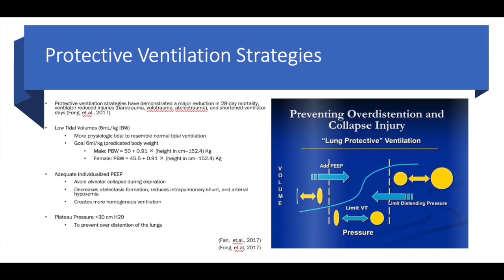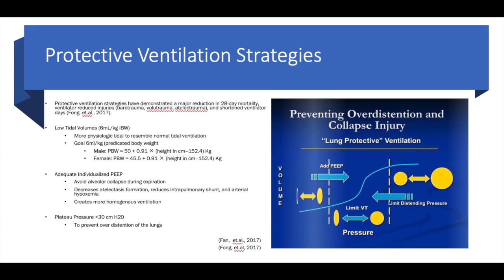When you look at the peak airway pressure on the vent, this is what we refer to as airway resistance plus the lung compliance. And the plateau pressure itself measures the lung compliance. And this is really important to prevent overdistension of the alveoli. And we measure the plateau pressure by doing what we call a hold maneuver on the ventilator, where at the